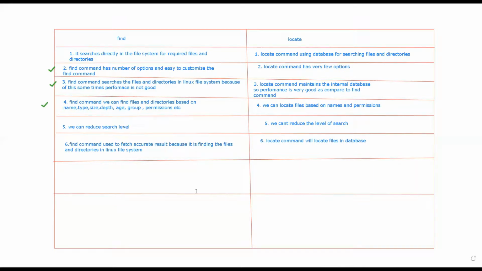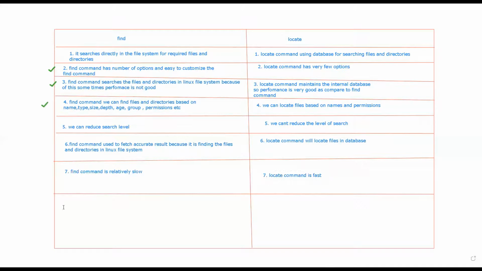Then we saw this command is using the file system. So I can say the find command is relatively slow, right? And I can say the locate command is fast, right?